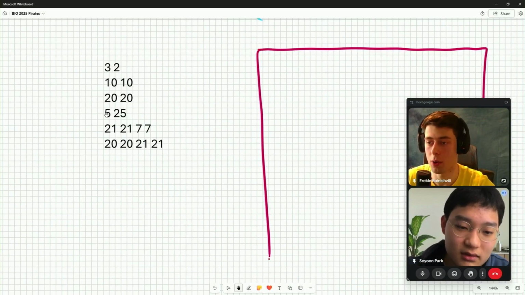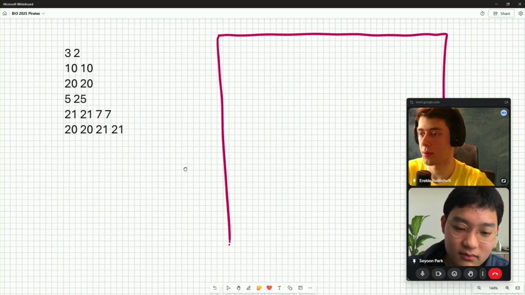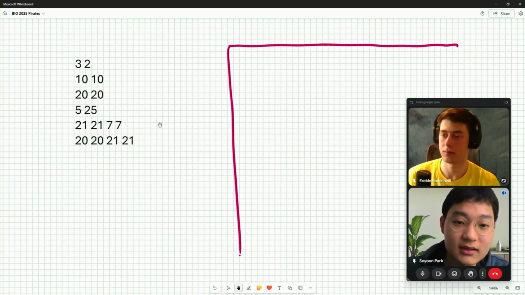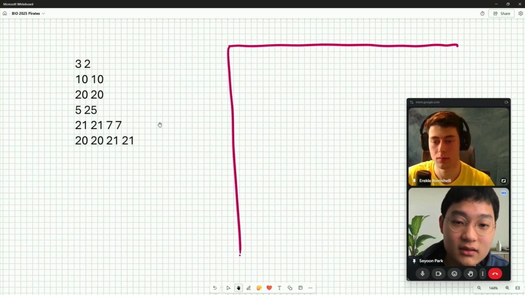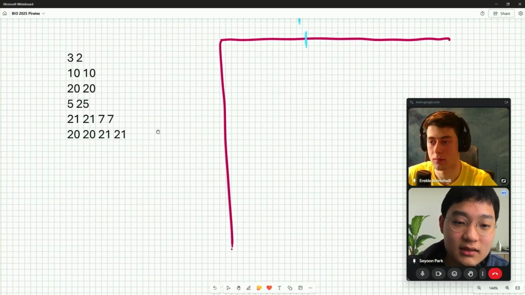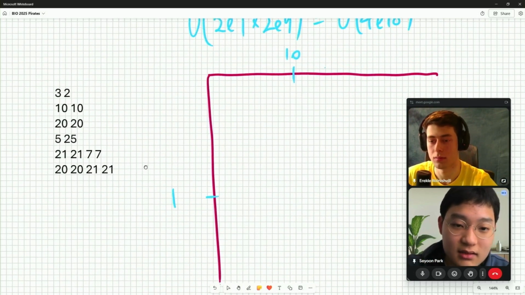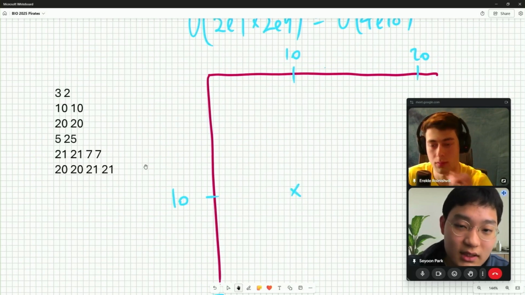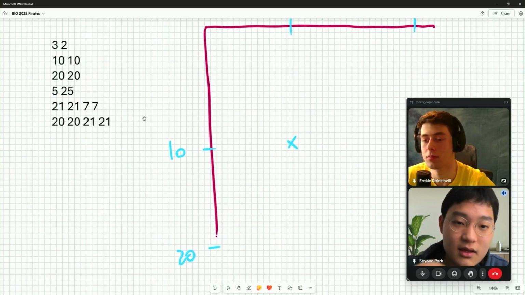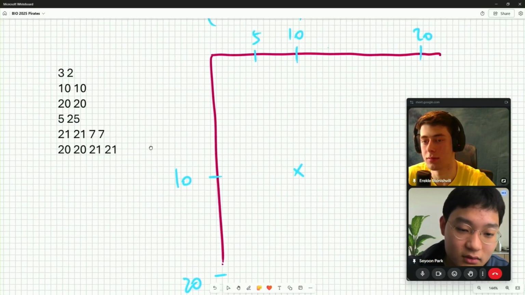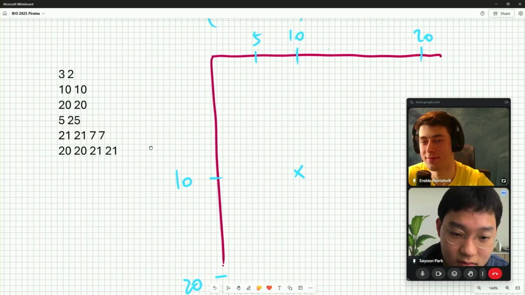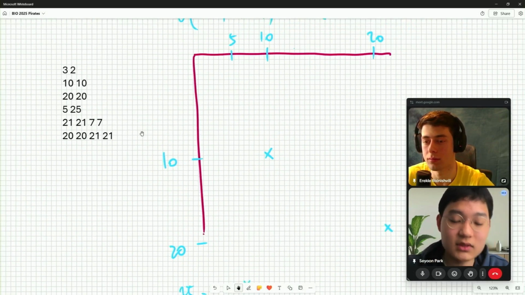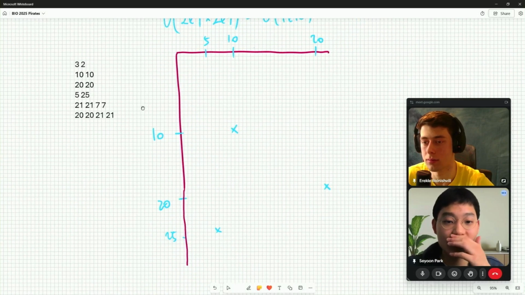There are 3 points and 2 rectangles in this example. The 3 points are, let's say, 10, 10 here, 20, 20, and then 5, 25. These are the points.